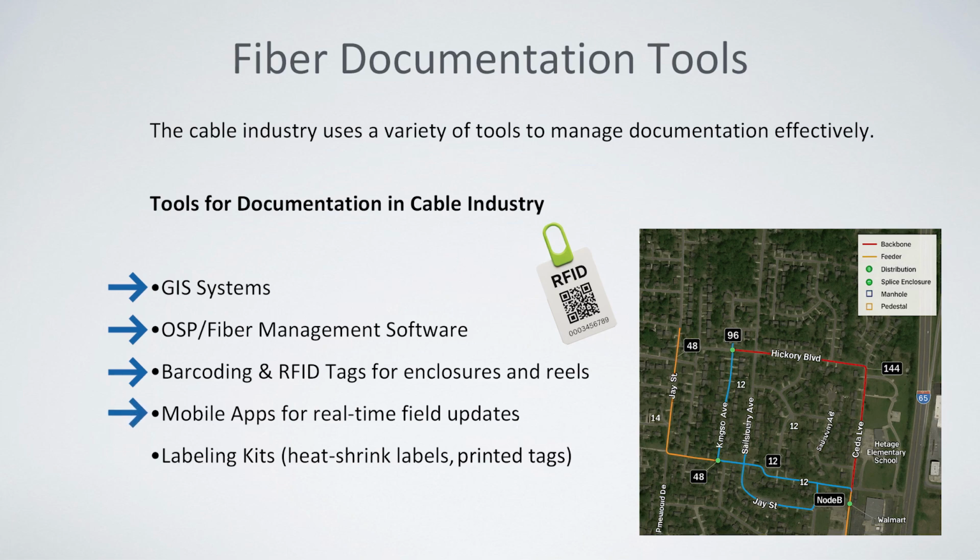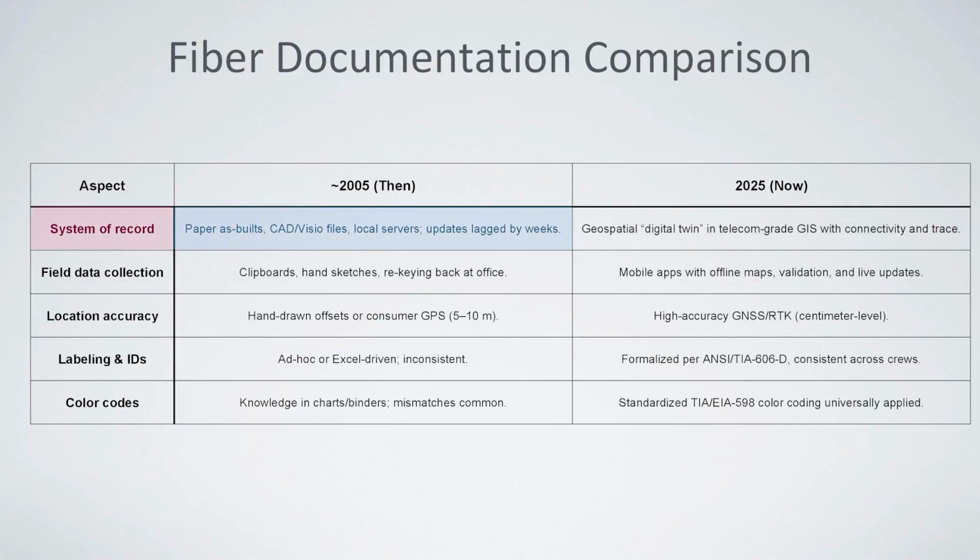Mobile applications allow technicians to update documentation direct from the field, while standardized label kits ensure uniform fiber identification across the network. 20 years ago, fiber documentation in the cable industry was largely manual and fragmented. Most records were kept as paper as-builts, CAD drawings, or Visio files stored on local servers, often updated weeks or